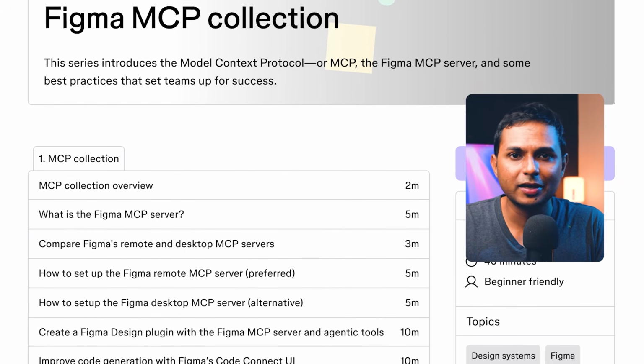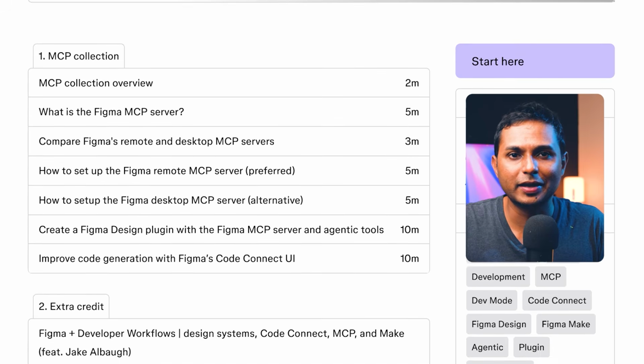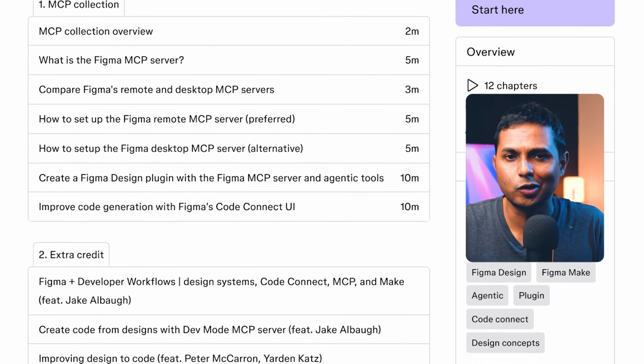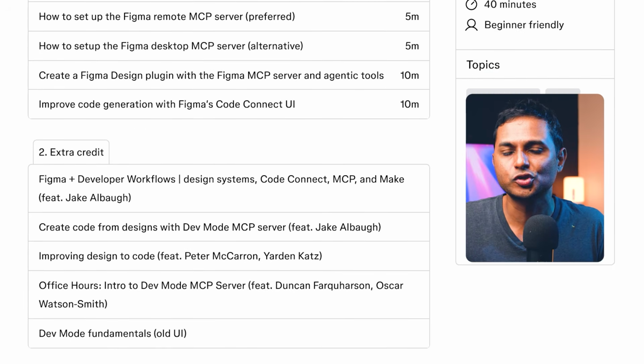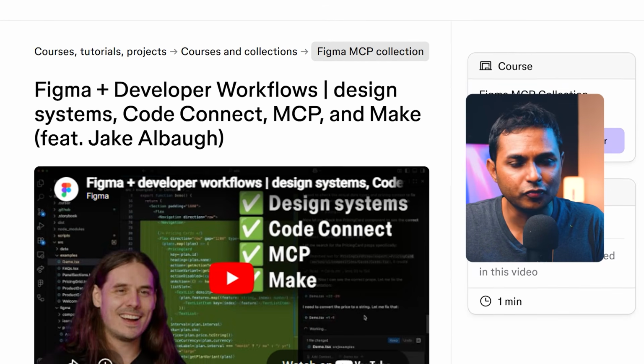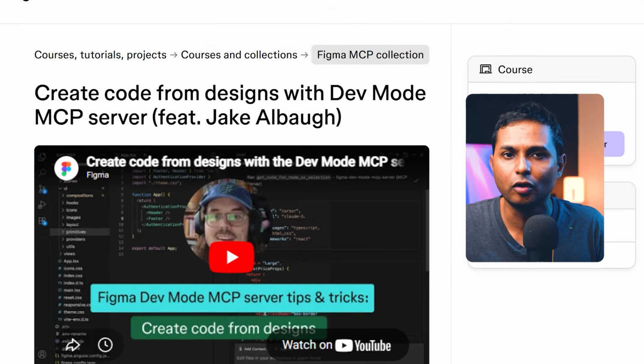It walks you through setting up both the desktop server and the remote server, shows you how to connect them to tools like Cursor, VS Code, and Claude Code, then goes deeper into Code Connect, which brings your actual code base to your Figma components so that AI tools stop generating generic snippets and start generating code that reflects your real naming convention and design systems. And it wraps up with 2 bonus videos from Figma's developer advocate showing the complete end-to-end workflow of going from design